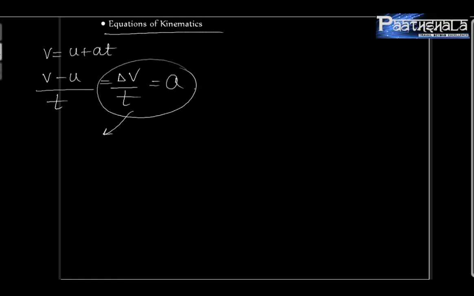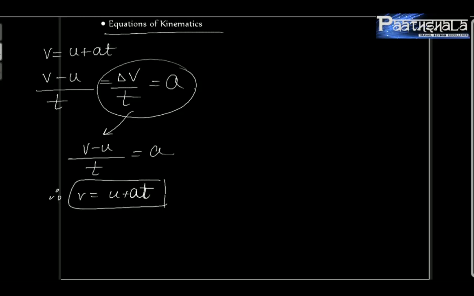So from this we can write delta v is v minus u, final minus initial, upon t, the time that is required to change the velocity. So this is equal to a. Therefore v is equal to u plus at. Very simple derivation, very simple. Alright,